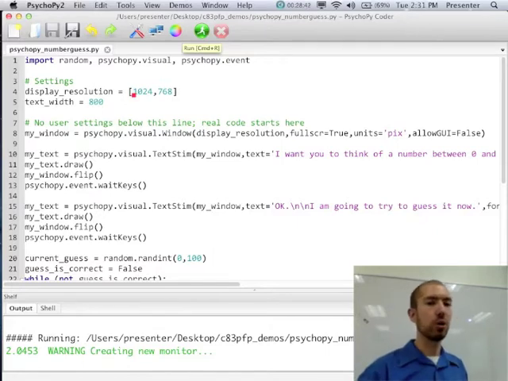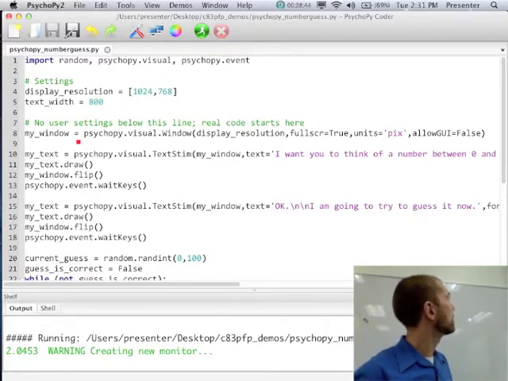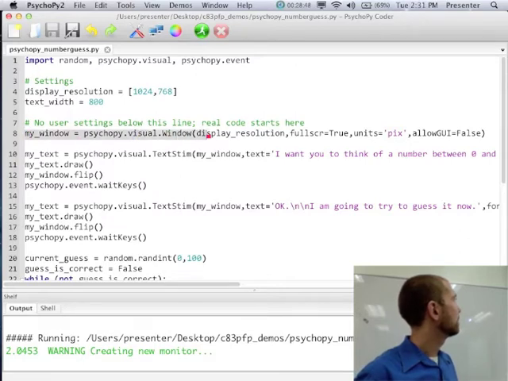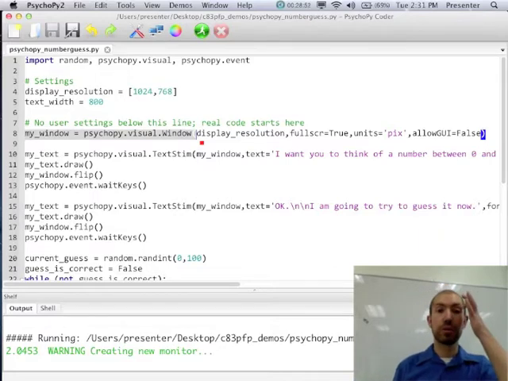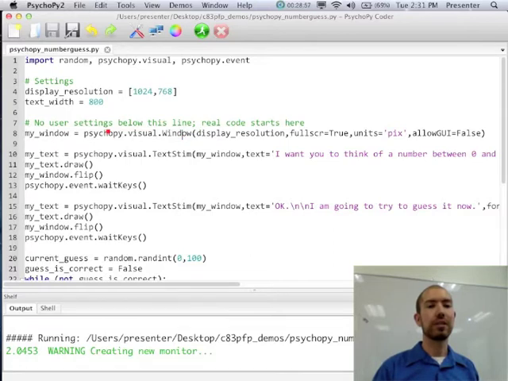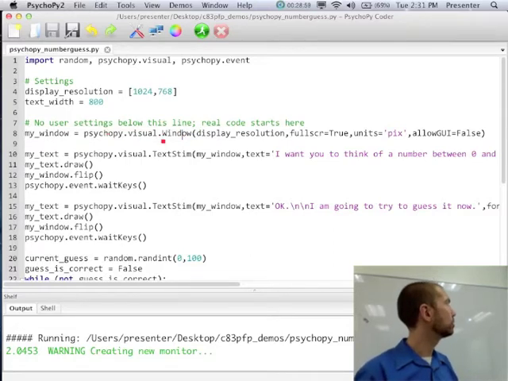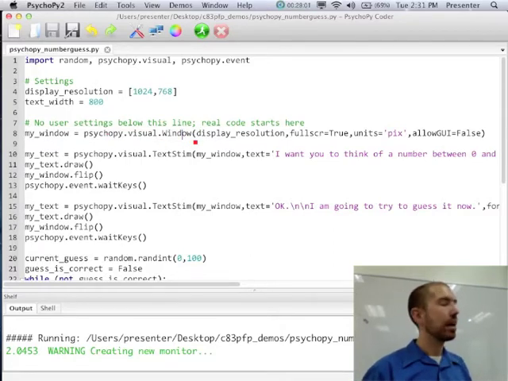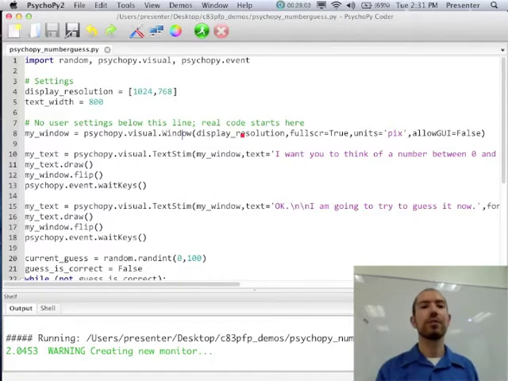So if you look through this code, the first object we actually create in this code is a window object, okay? What we did here is we called a special function called window within the CyclePy visual module. And what we did is we created a new window and we told it a few things about the new window we wanted to create, right?